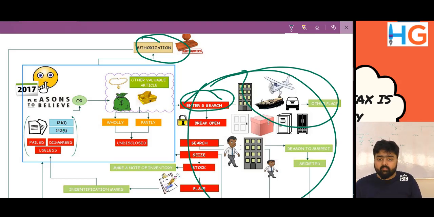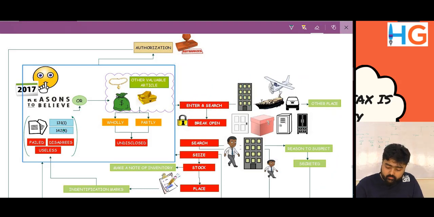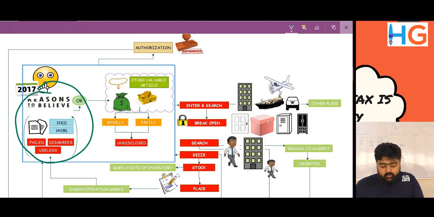search and seizure activities. Now first of all, there are two situations. First situation, we have discussed: the authority has reasons to believe that the information is useless, or the assessee has failed or disagreed to provide any information.